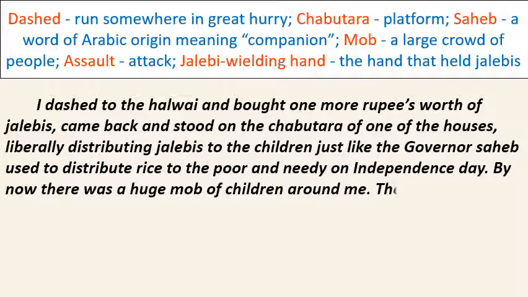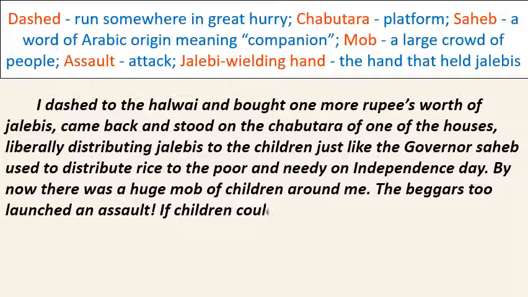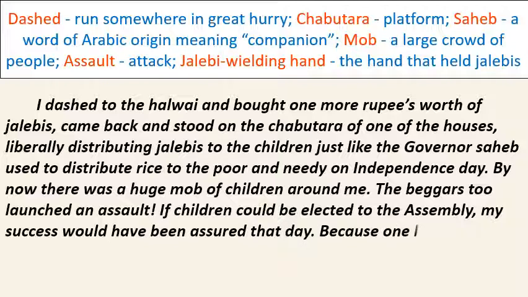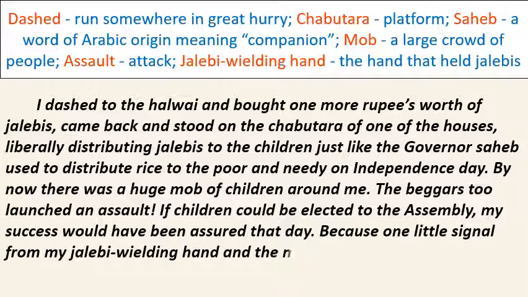By now, there was a huge mob of children around me. Mob means a large crowd of people. The beggars too launched an assault. Assault means attack. If children could be elected to the assembly, my success would have been assured that day, because every single one from my jalebi